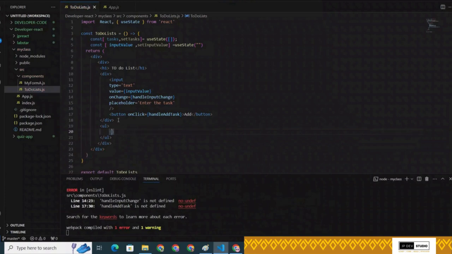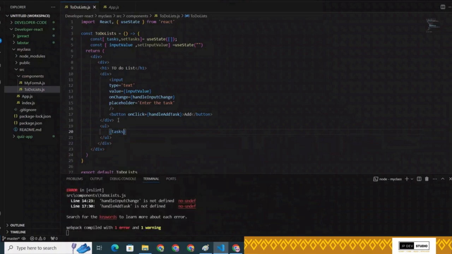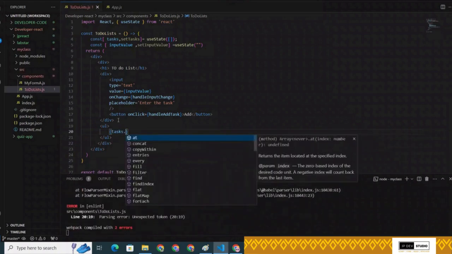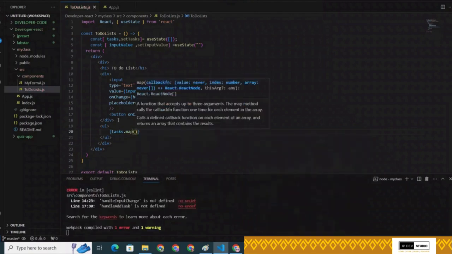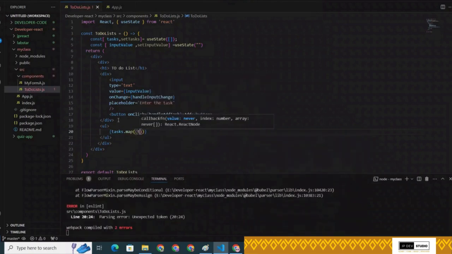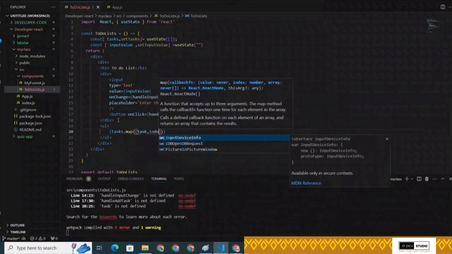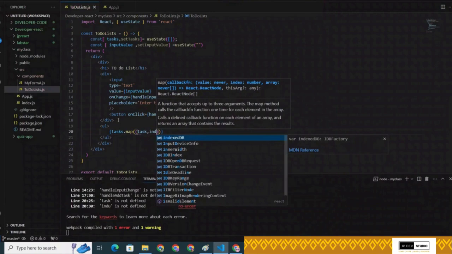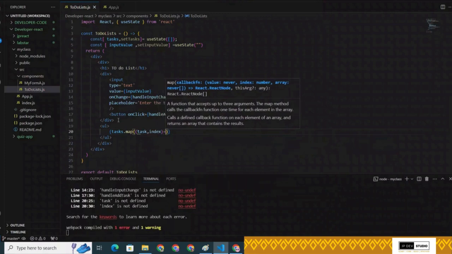Here we create tasks mapping, task dot map, task, then index, arrow function,